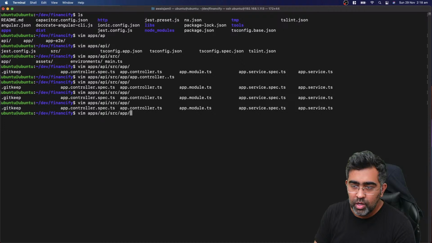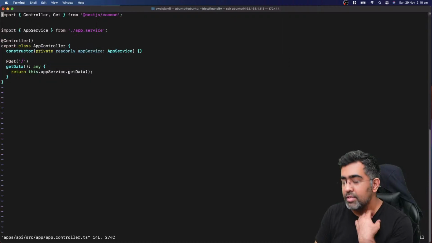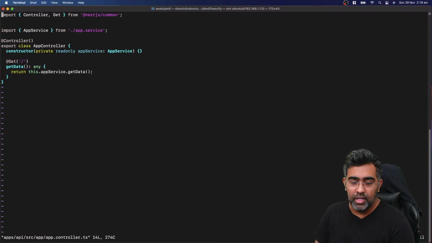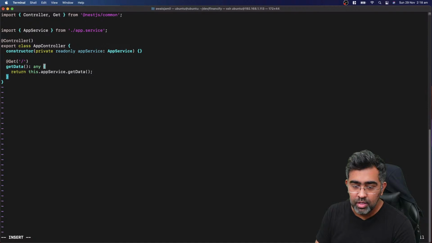Where we are, app controller.ts. Yep, that's the file, right? So as you can see, the file is in Vim, and in Vim, I'm not going to change this file, so that's the same file. So if I, for example, go and do something like insert mode, and I'm going to do